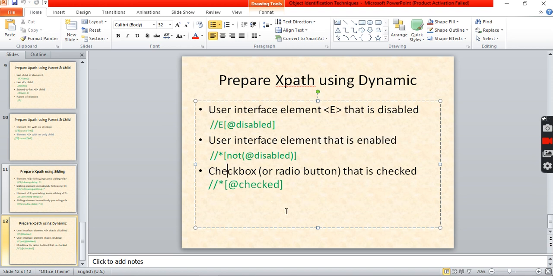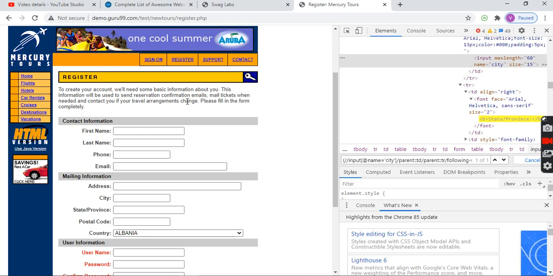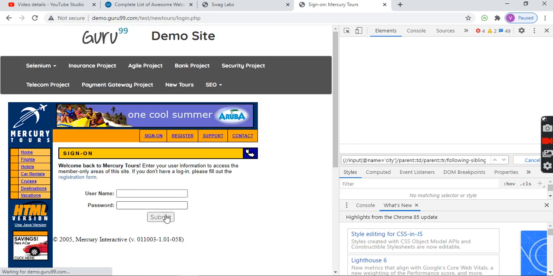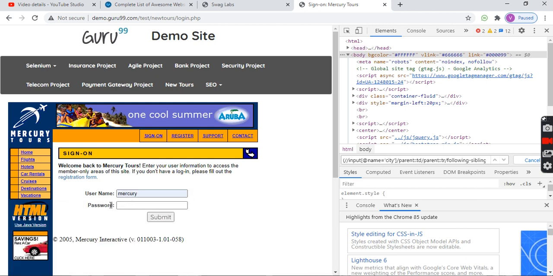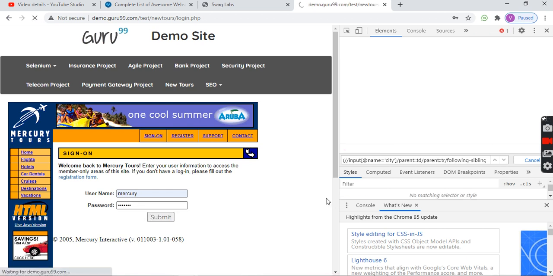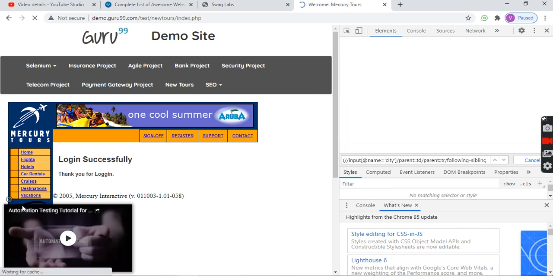What about this one? The next technique, the checkbox that is in checked mode. Again you will be getting it, but only for checkbox? No, it is applicable for radio button also. Let's go here. I'm just going to this particular site. Okay, do we have the checkbox here? Okay, so here I'm going to this flight booking.